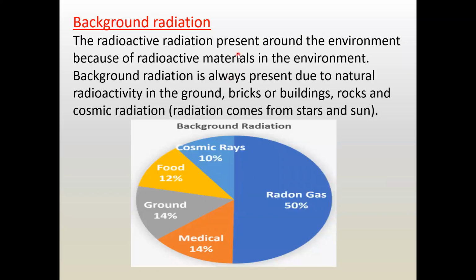Then what happens when the radioactive element disintegrates or decays? So a very important term we define for disintegration or decay is half-life. From the name, you can understand half-life means the time it will take to be half, the time taken by half of the radioactive sample to be stable. For example, if I have 100 grams of radioactive sample,